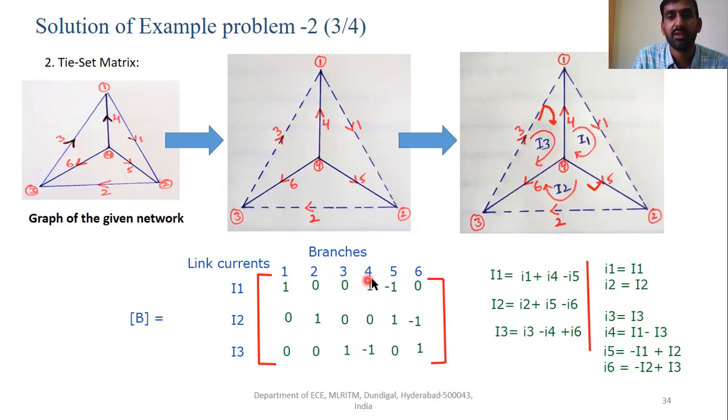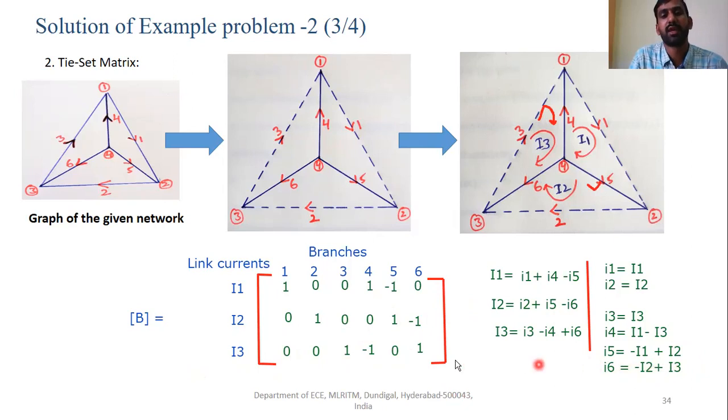Similarly, branch current 4 is equal to I1, because here it is 1, and here it is 0, so I1 minus I3. Similarly, small i5 is equal to minus I1, because here it is minus 1, plus I2. And small i6 is equal to, here the first element is 0, minus I2 plus I3.